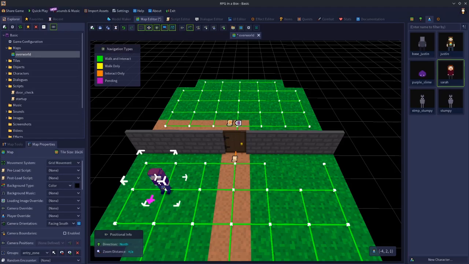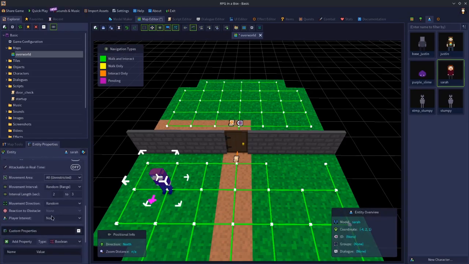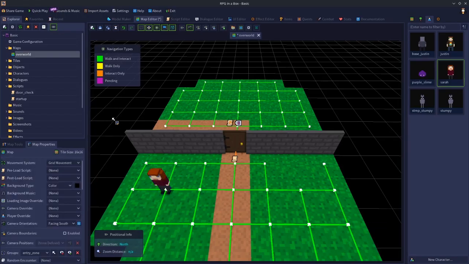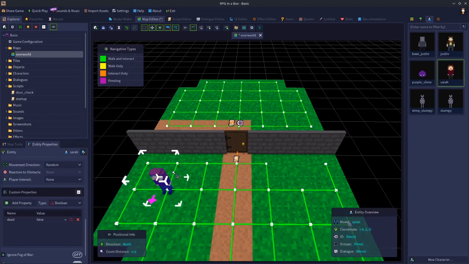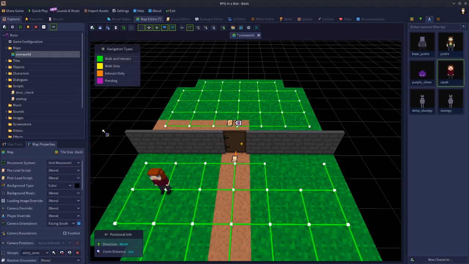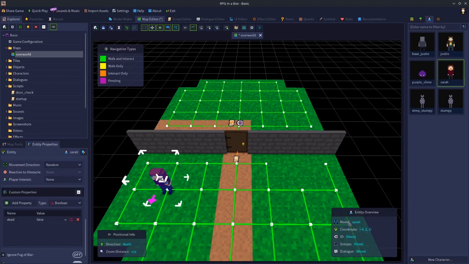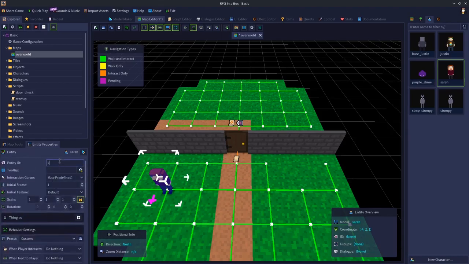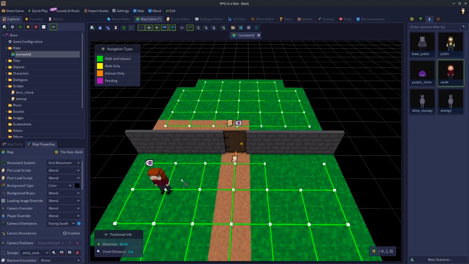So if I select Sarah, go down to her custom properties, I can set a signal up. Sarah dead, false, because she's currently not, right? So now, because Sarah is emitting a signal, dead, false, dead, false, all the time, I can check that with a script using if entity Sarah dot property dead equals false, then that means she's alive, right? So I can give her an ID, Sarah1, check she's got a tag,